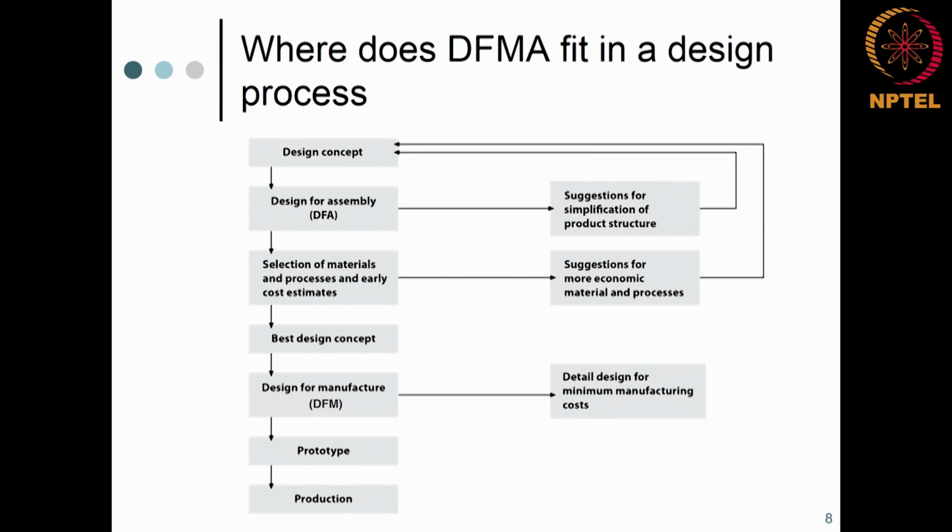So many iterations at the concept level itself. We have not yet gone into the detail. Okay, then we will know what is going to happen with the performance. Then you choose the best design concept, as you guys pointed out. Then we look for manufacturing. Here also we might use manufacturing, then you do a detailed design for minimum manufacturing cost from there. Then you go to prototype and production. Okay, it's very similar to what we discussed. So the point that I am trying to tell you is, there is no particular spot where you say I am going to use DFMA.